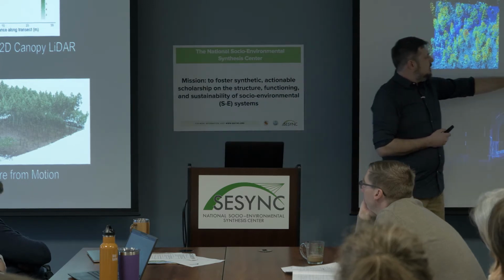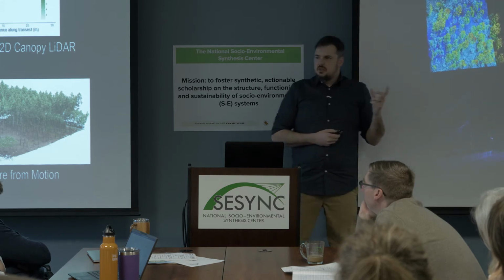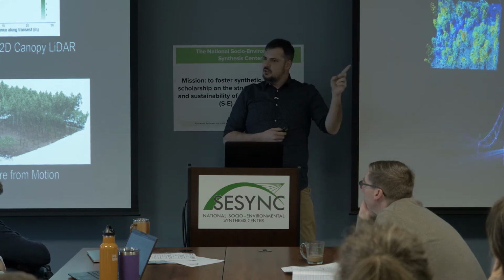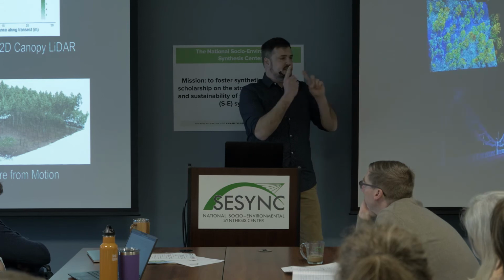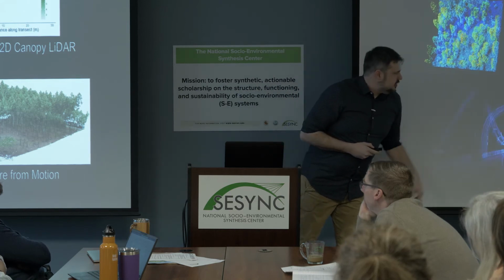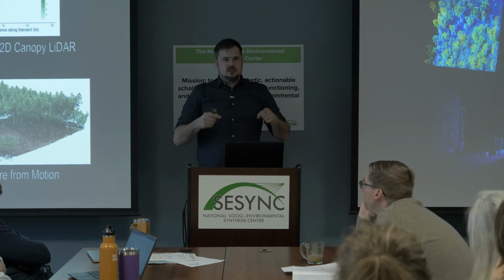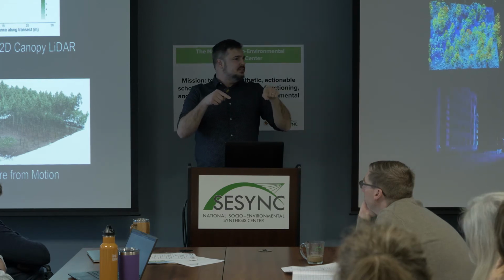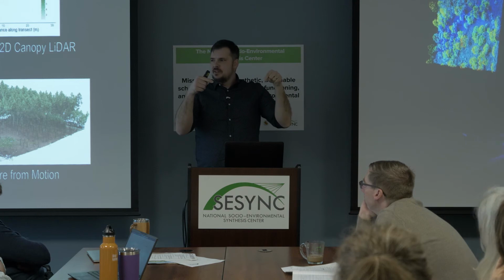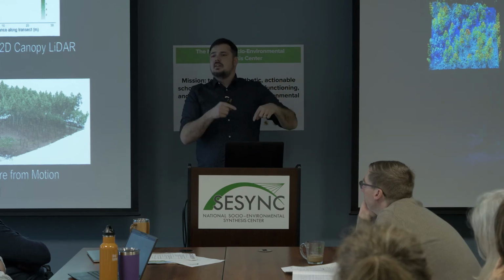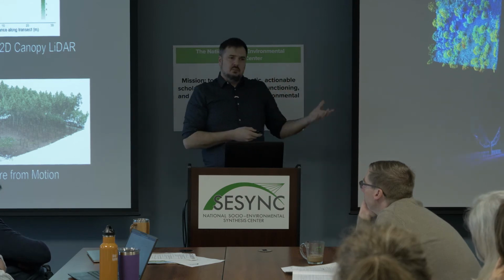We use a 2D LiDAR, which has a resolution of about 100 points per square meter, but it's in linear meters, so it's used to profile canopies. And there's also structure from motion LiDAR, which is typically from a drone, and it works very similar to stereoscopy. Basically, two cameras interpolating the space in between, and you can use an algorithm to derive points from that